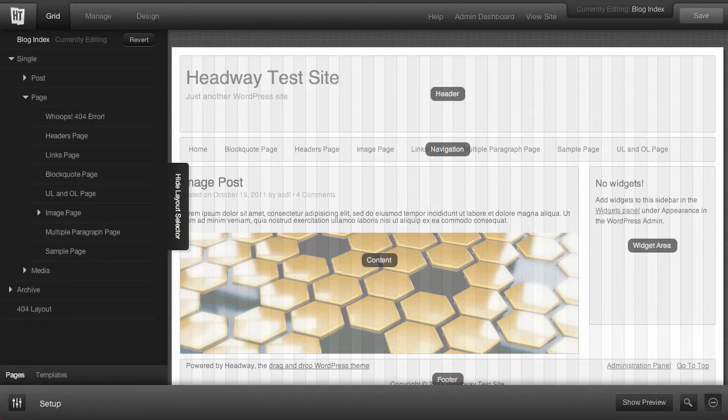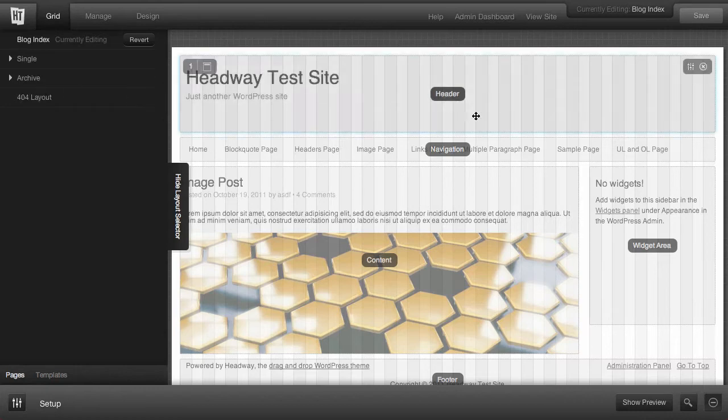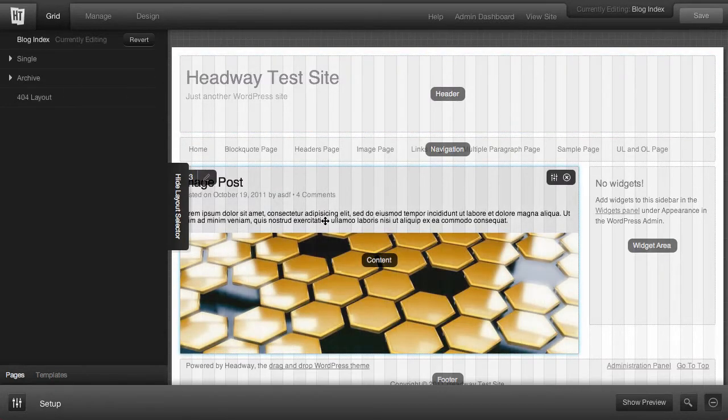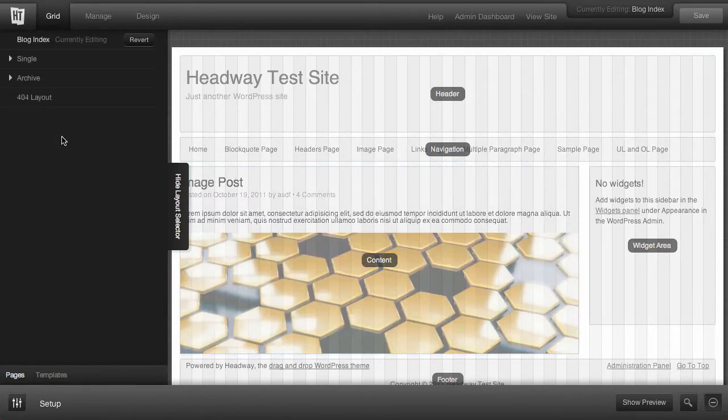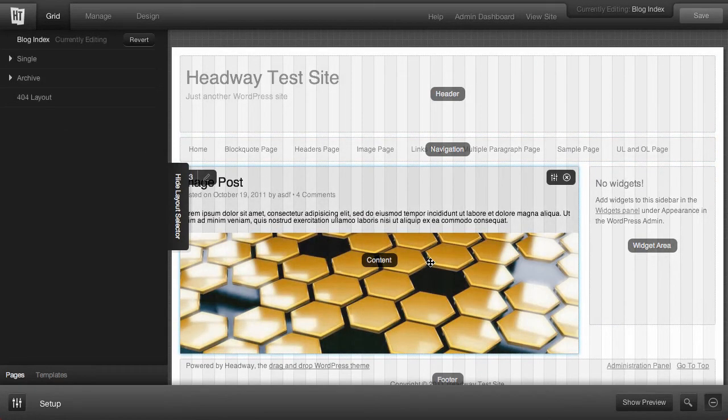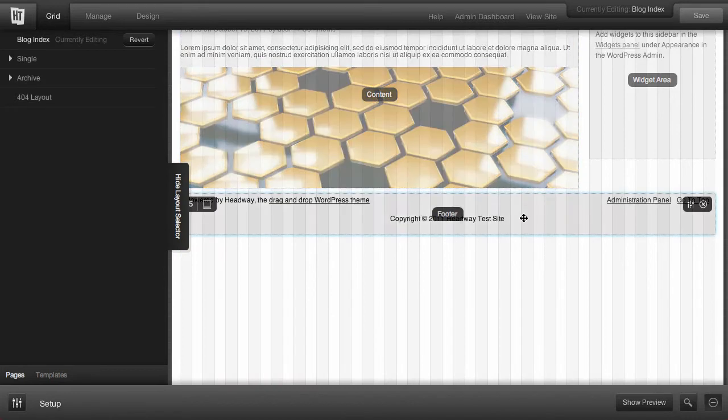So the way that the layout selector works is you have four main areas, or four main templates. You have your blog index page, you have your single page, your archive page, and your 404 layout. Now, by default, Headway is going to create a generic layout when you install. Now, if you don't edit any page, or just edit this layout just a little bit, for instance, if we